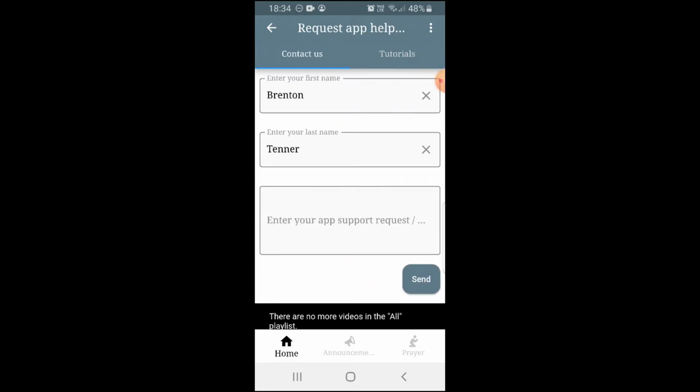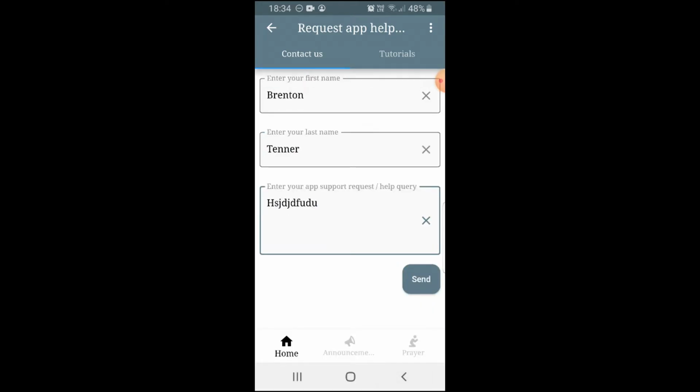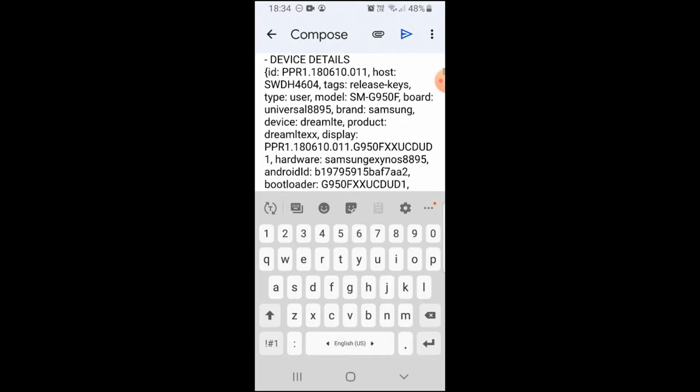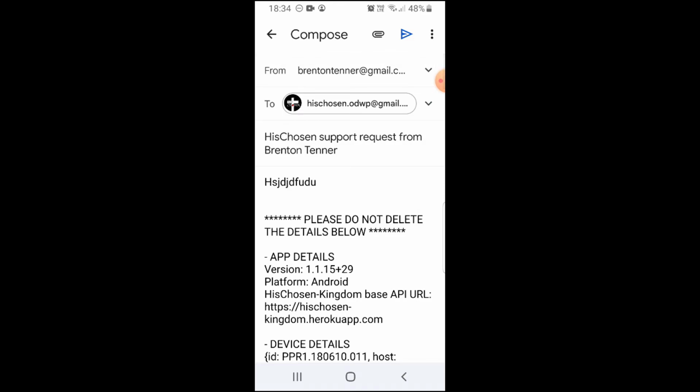But on the Contact Us form, you can type in whatever your request is, your query. You click on send, it'll just pop open your email client with a bunch of details. Please don't delete these, it helps with troubleshooting. And you click on send and it'll come through. All it's doing is sending an email to the